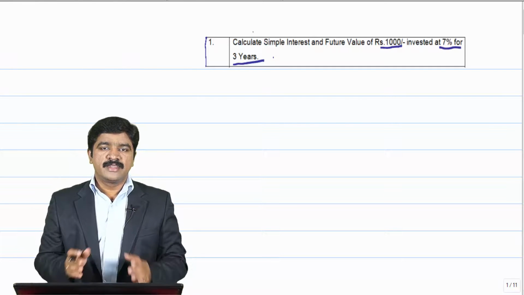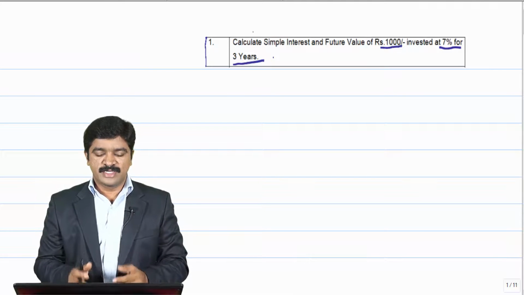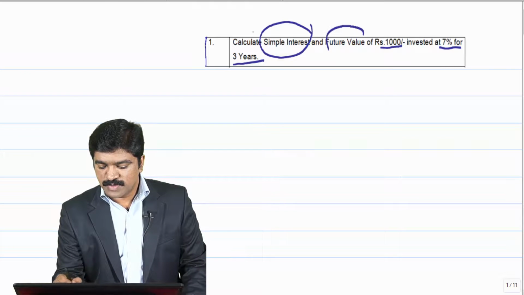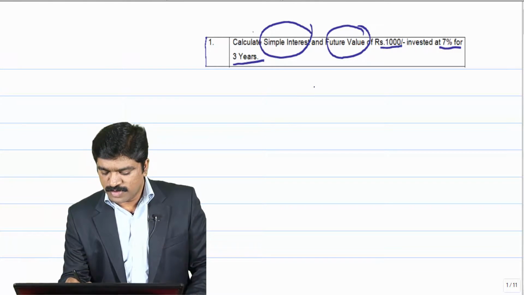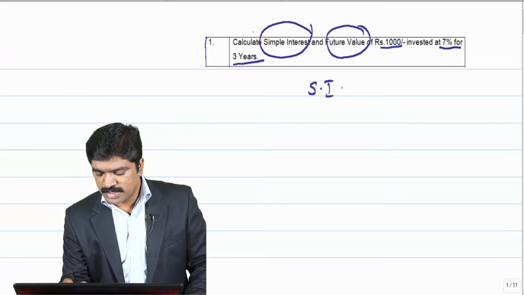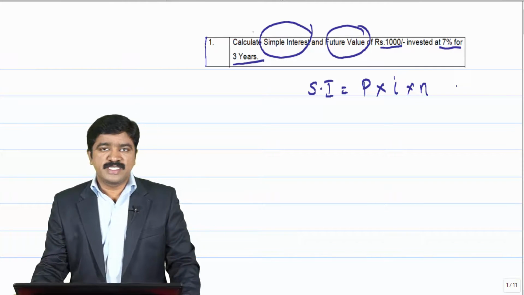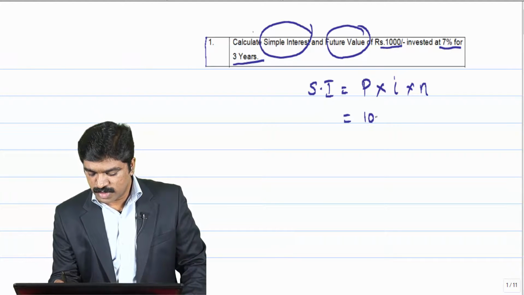Here 1000 rupees is invested at 7% for 3 years, and you have to calculate the simple interest as well as the future value. What is the formula for simple interest? The formula for simple interest is equal to principal into I into N, where P stands for the amount invested. In this case, the amount invested is 1000